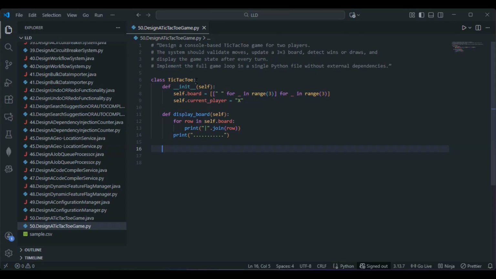Next, after the display board, let's go with a make move method. Yeah, I'll just go with def make move. Within the make move, I need two parameters, row and column. As per the UML diagram, I'll just go with R and C respectively. So first we have to check the boundary validation, right? If R less than 0, or row greater than or equal to 3,